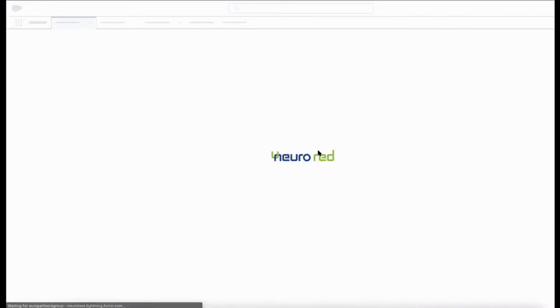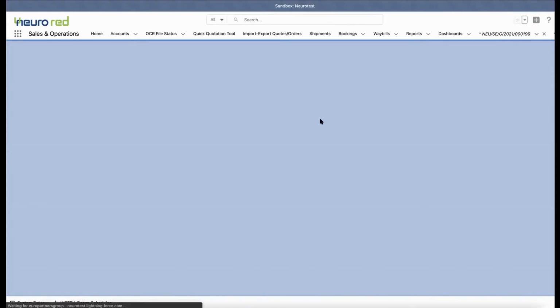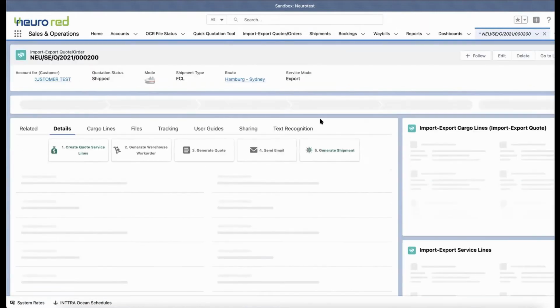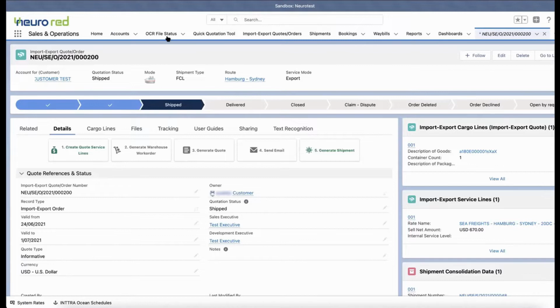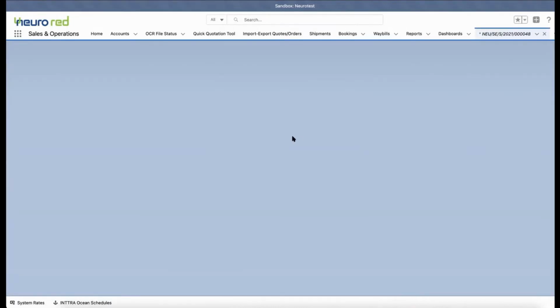So by clicking this button, what we're generating is a record in which we can add multiple import exports if we were to need. Okay. In this case, we're only gonna work with one shipment and one import export order. Okay. We're still in the import export quote order, but as you can see here, we have a new shipment that has been created. So let's go to the shipment,